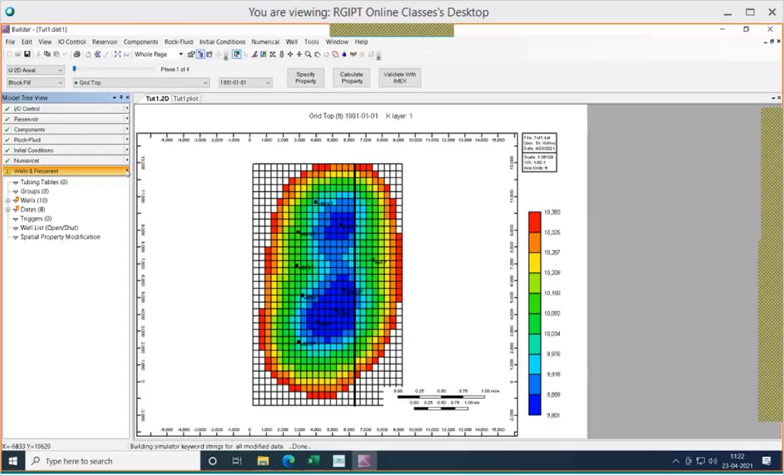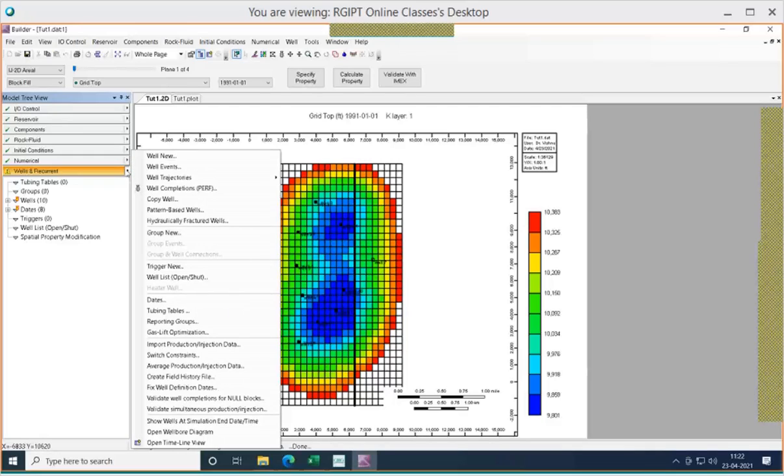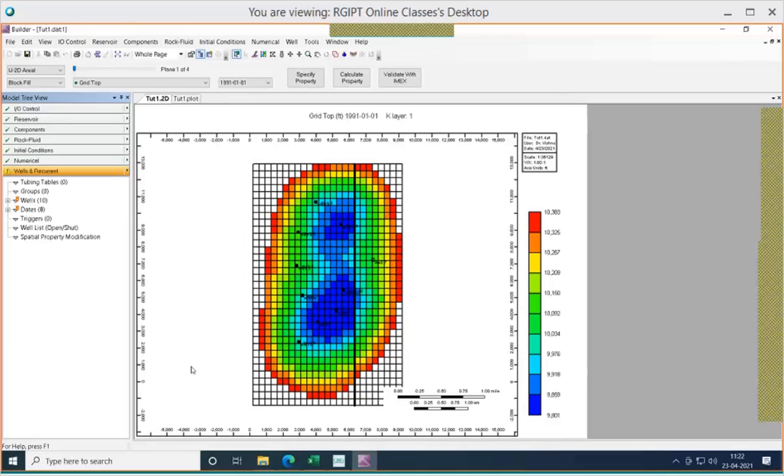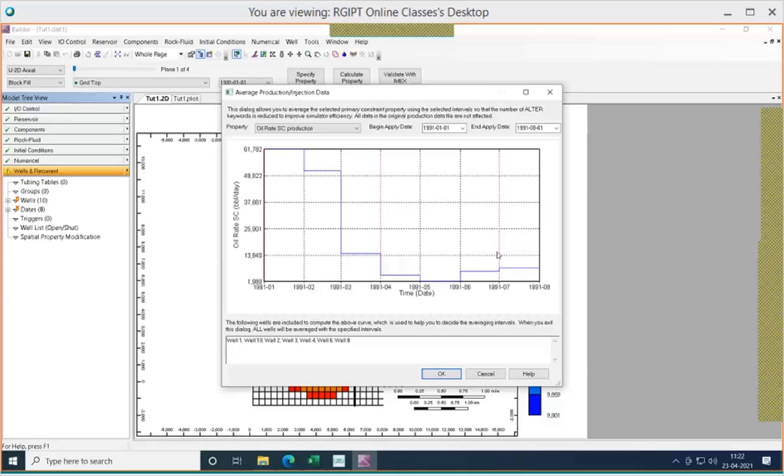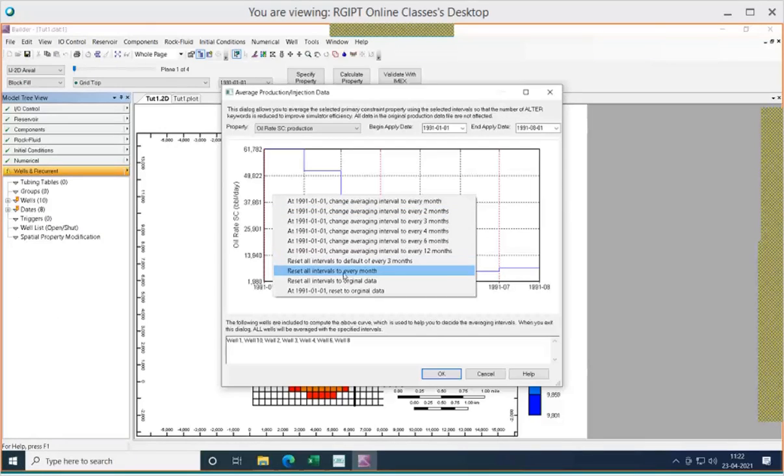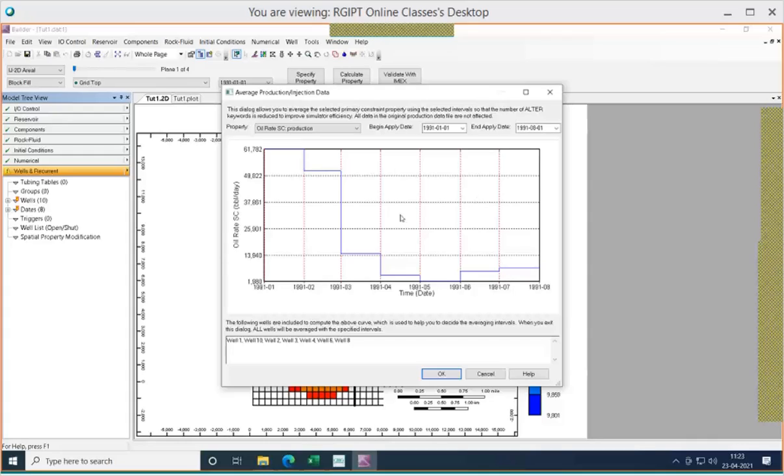Okay, so first select the monthly production. For that, we have to get the average production or injection data. We can find this is the average production and injection data. Let us convert all this into intervals of every month. Just right click and reset all intervals to every month.